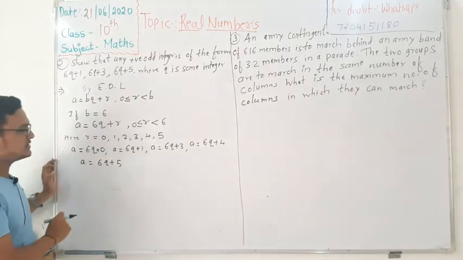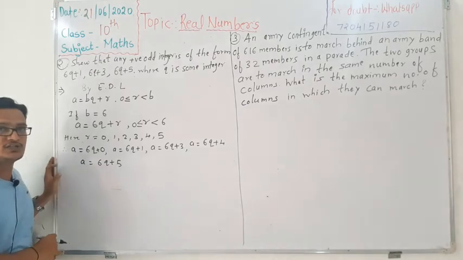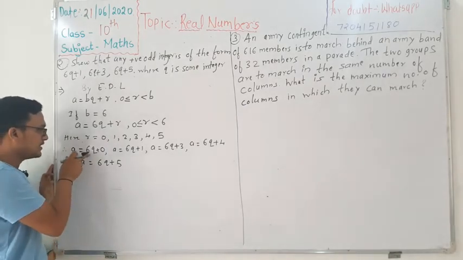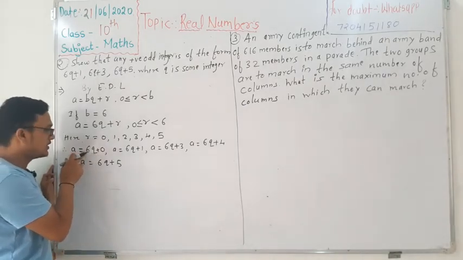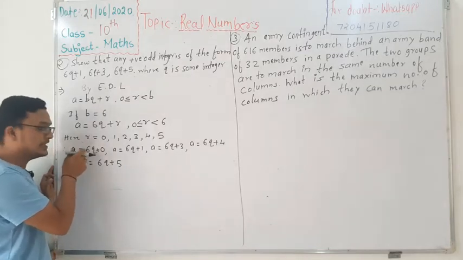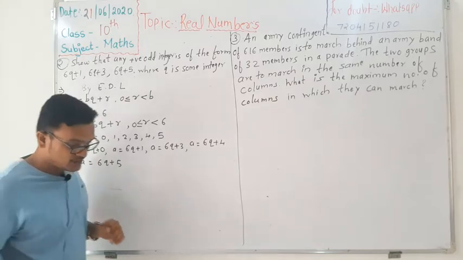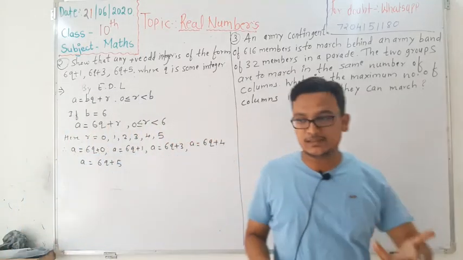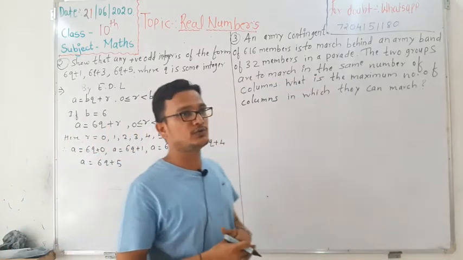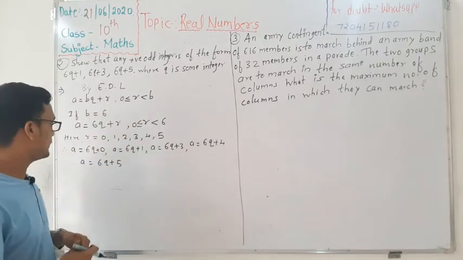Among these 5 integers, we have to choose the odd integers first. Here we are having 6q. So to this q, we are having the product as an even number. Suppose we are having any even number, if you multiply or add any even number to that, it becomes again an even number.